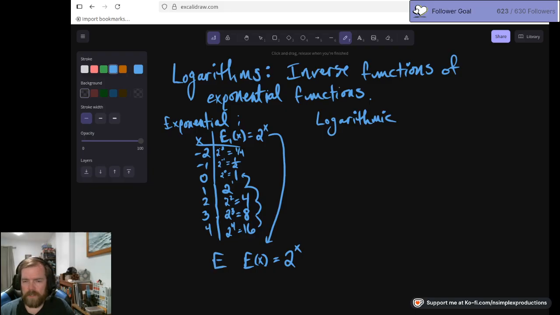If we take the e inverse function of both sides, then on the left, we just get x. And on the right, what we have is e inverse of 2 to the x, which is going to get us our